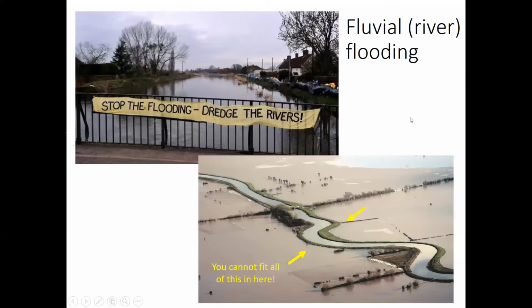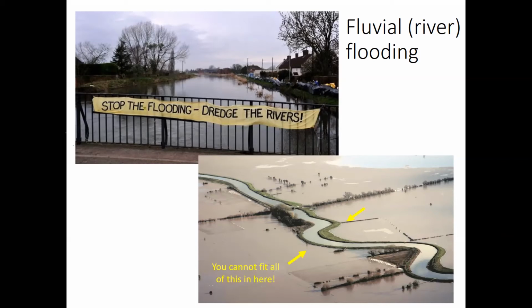We probably all know river flooding, or what we call fluvial flooding, very well. This is an example from the 2013-14 floods on the Somerset Levels. So again, this might be a location where some of you are from or very familiar with. There was a really big political debate around these, not just the physical and natural processes, but how they were managed. There was a lot of debate about dredging the rivers to stop the flooding. So there's lots of connotations there on how flooding should be managed.